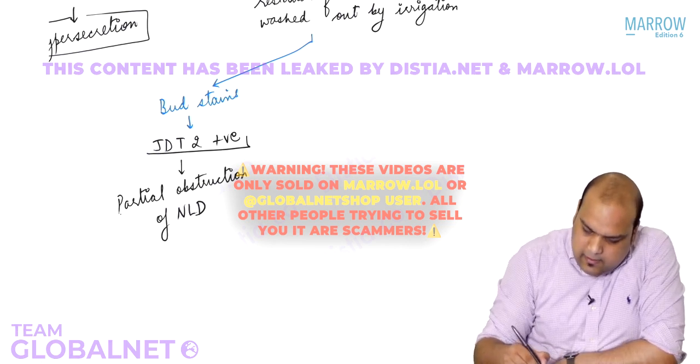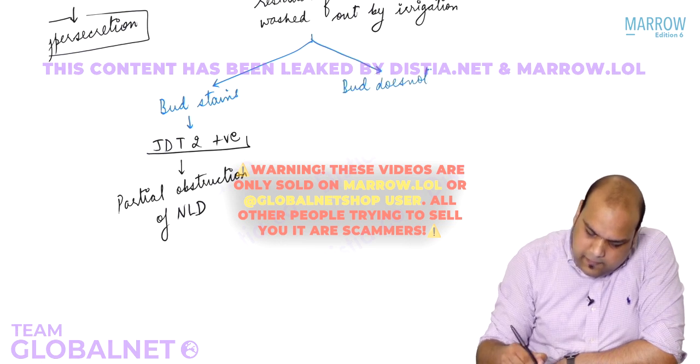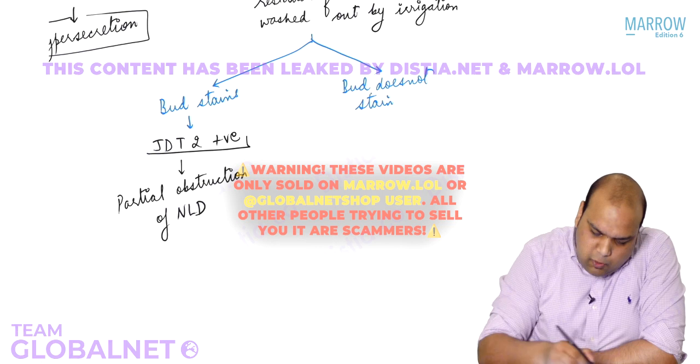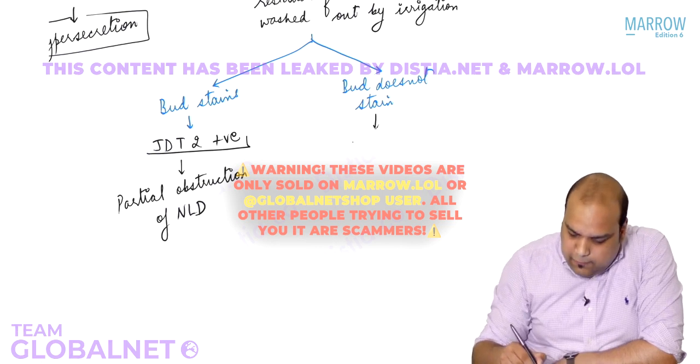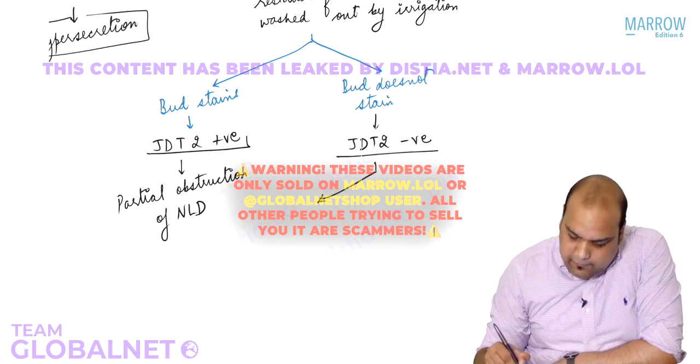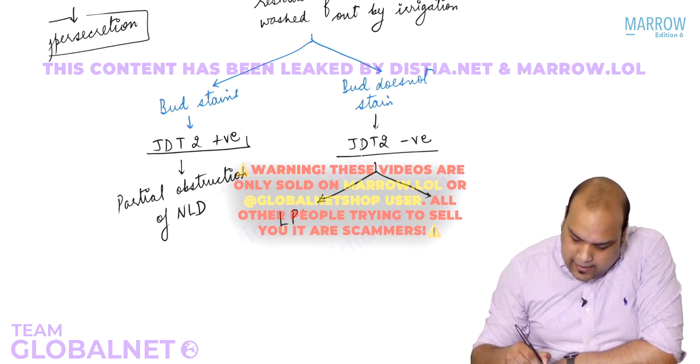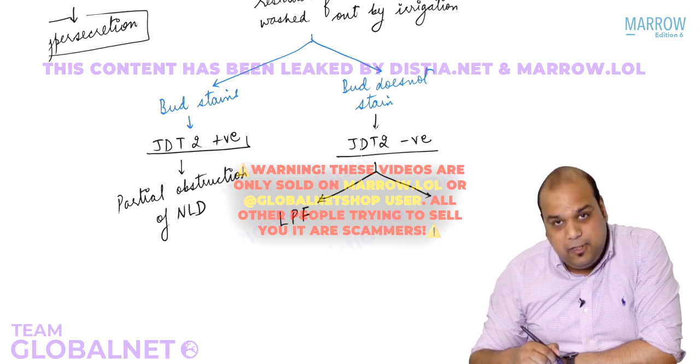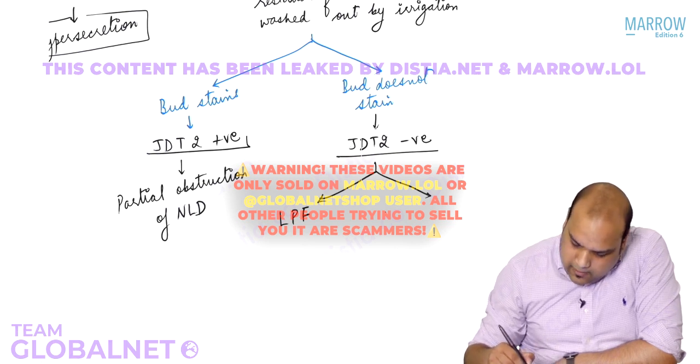Second case, everybody. Again, there is no staining. The bud does not stain. That means the dye has still not been able to wash out. That would indicate that Jones dye test 2 is absolutely negative. If it is negative, I can have two answers, everybody. Either lacrimal pump failure, LPF, I'm writing short form, or partial obstruction